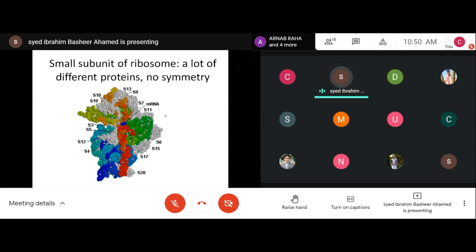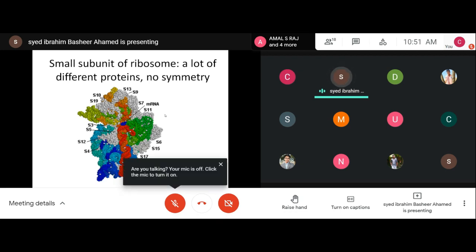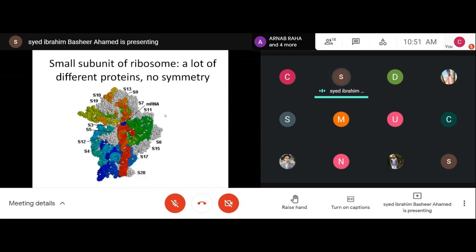Here is a complex protein which doesn't have any kind of symmetry, and it is again a heteropolymer, a hetero-oligomer. You can see the subunits labeled with different numbers: S1, S2, S3, and so on. These polypeptides are not the same; they are not the same in sequence or in structure. But all these polypeptide chains come together and it is functional. Otherwise, the protein does not function. This is the ribosome.